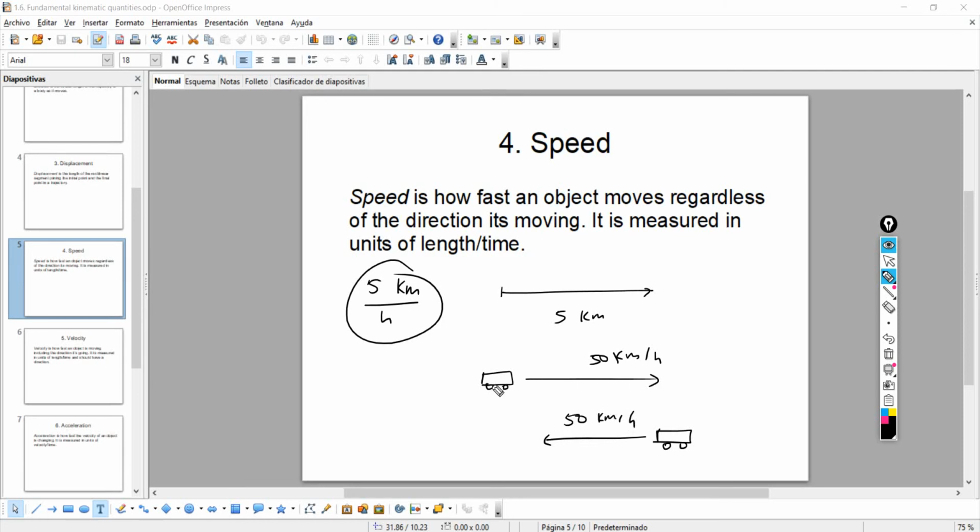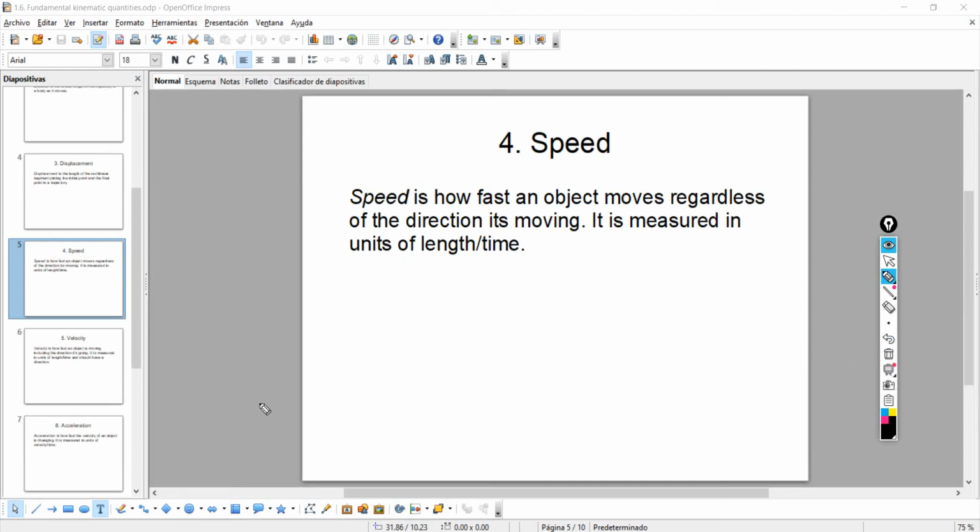The direction of motion in this case is towards the right. The direction of motion in this case is towards the left. But in both cases, we say that the speed is 50 kilometers per hour. This is what we would say. In other words, when you use this word speed, you don't really care about the direction of motion. You don't care about direction, just how fast the object is moving. And that's what differentiates this quantity